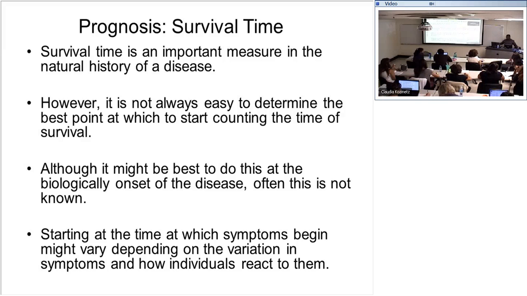It is easy for us to talk about the day that we entered ETSU and the day we complete, because we know it. But usually it's difficult for us to know the day that the disease started, so we cannot use that. Then we may be talking about using signs and symptoms, so the day that the first signs and symptoms of the disease start, until the person gets cured, disability or death. But what would be the issue when we use the signs and symptoms as the start for counting the survival time?